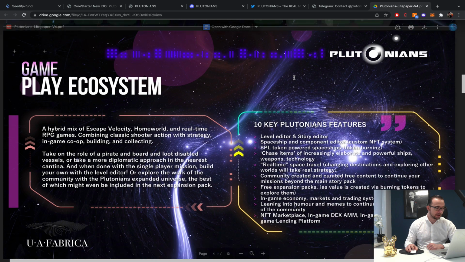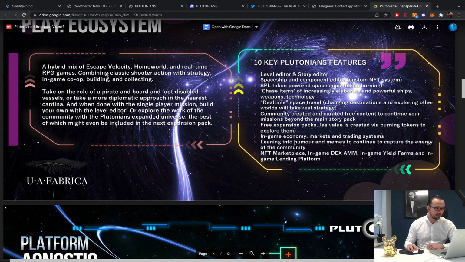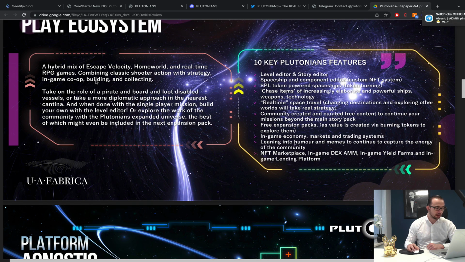Always good to know. The ecosystem, a hybrid mix of Escape Velocity, Homeworld, and real-time RPG games, combining classic